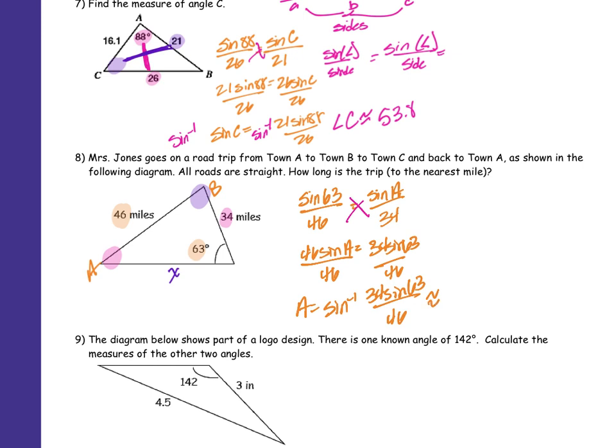Let's see, sine inverse, parenthesis, 34 sine 63 divided by 46, 41.2. That means